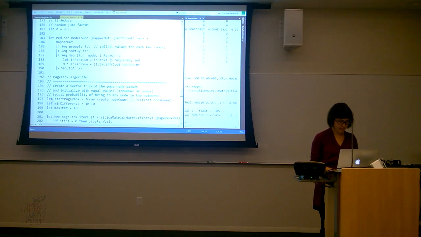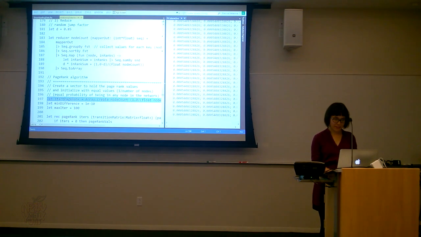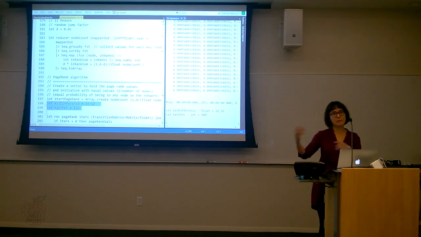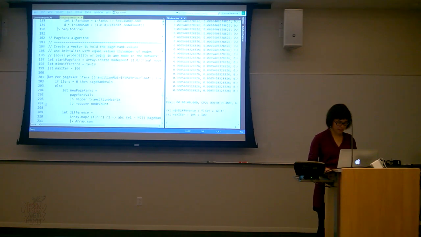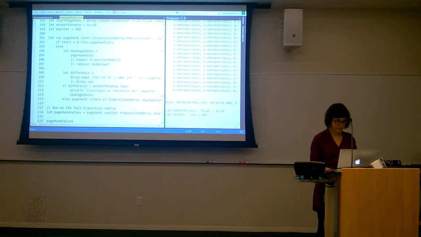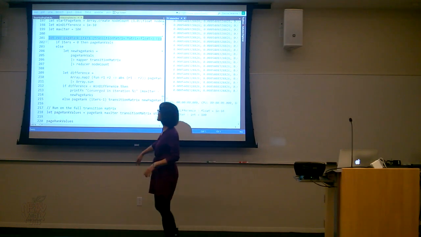It's an iterative algorithm, so I will start with every node having the same value, and I will repeat the map and group by steps until it converges to some stable value. So this is the actual PageRank algorithm.